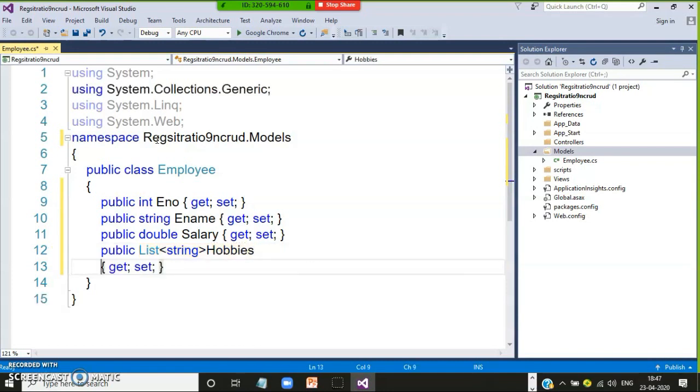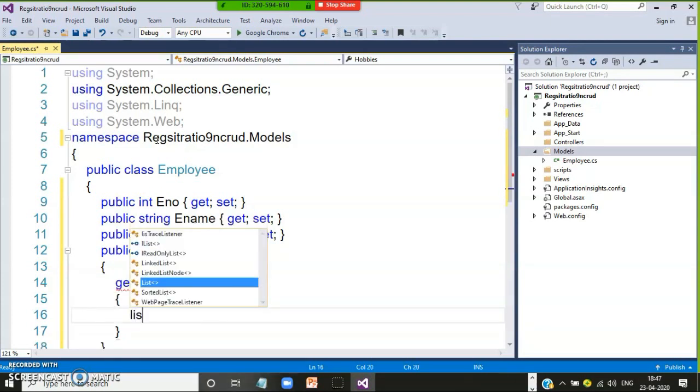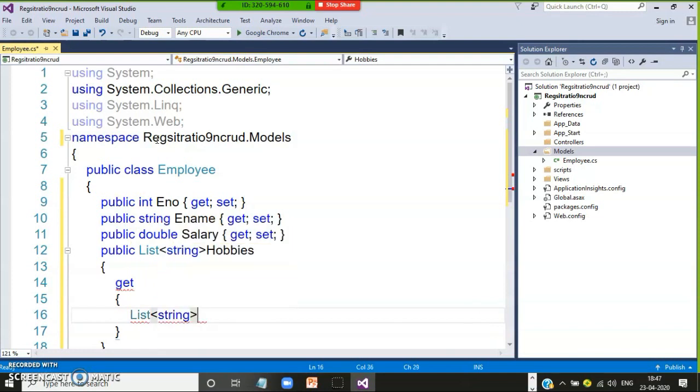Now here I'll try to directly return some hobbies. Within this I will write one get method, and I will create one collection, List of string. Hobby is equal to new List of string.